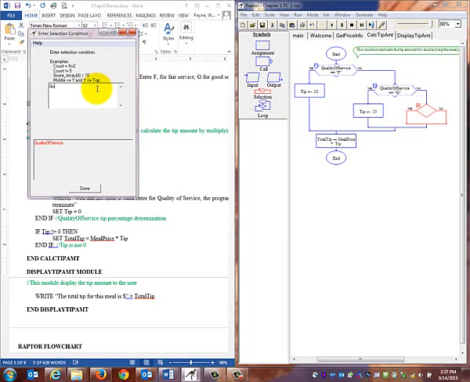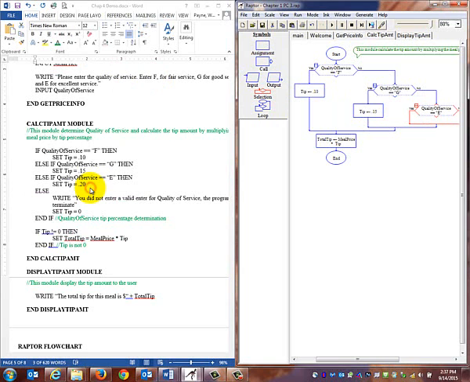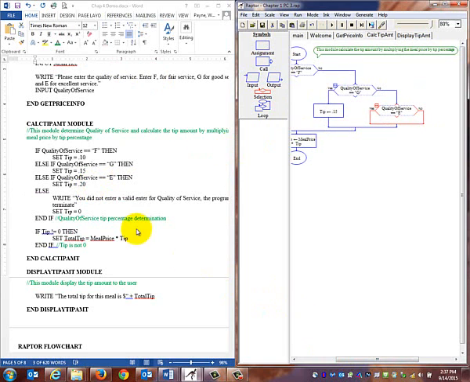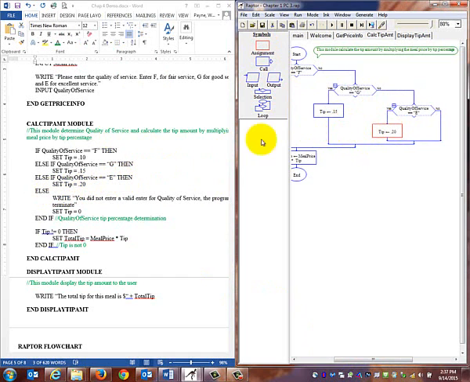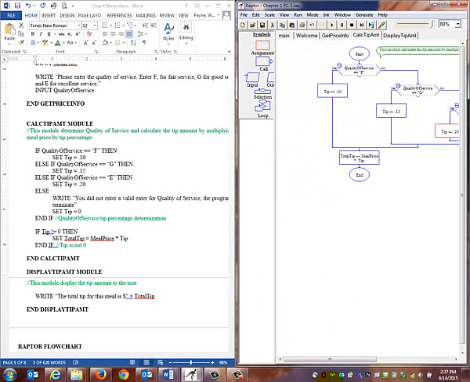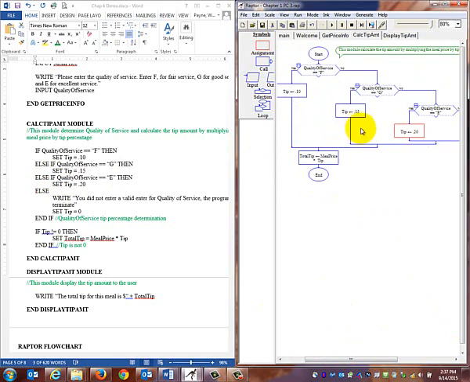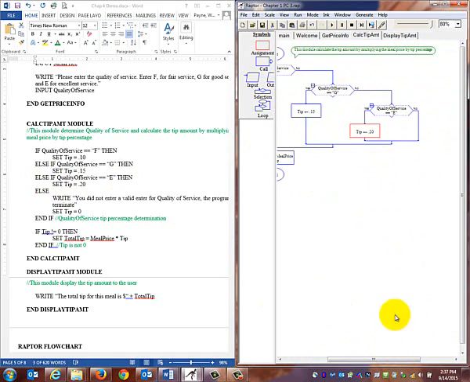In this case, if quality of service equals E, then I'm going to assign tip amount 20%. So I'm going to follow my yes path. And then I have my else statement. So if my quality of service doesn't equal F, it doesn't equal G, and it doesn't equal E, it's going to follow this no path. And in this case, my no path, I'm going to go through and I'm going to